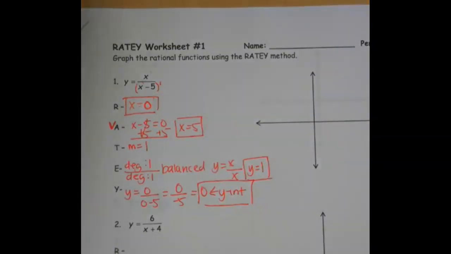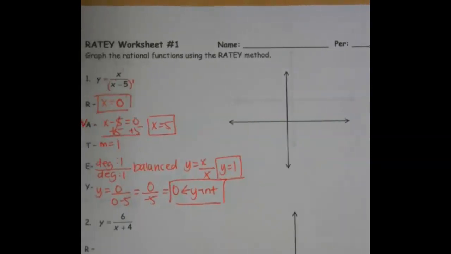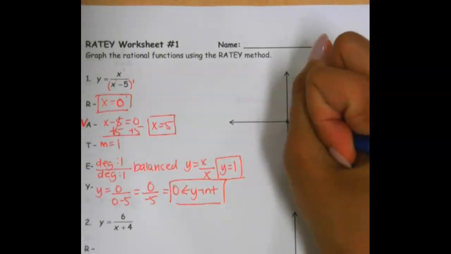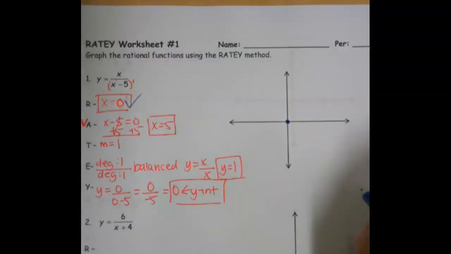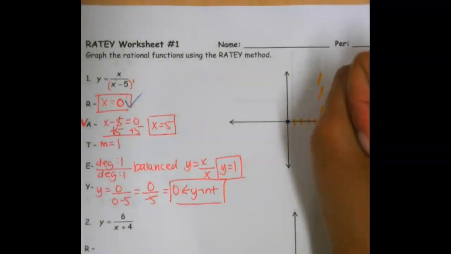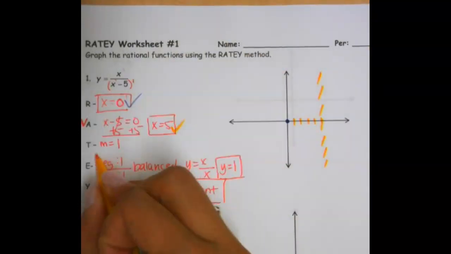So let's take all of this information and plot it on my graph. I'm going to first start with my x-intercept, which is the origin. My vertical asymptote is at positive 5, so 1, 2, 3, 4, 5. Here's my vertical asymptote. And I want to make a note here that with that multiplicity of 1,